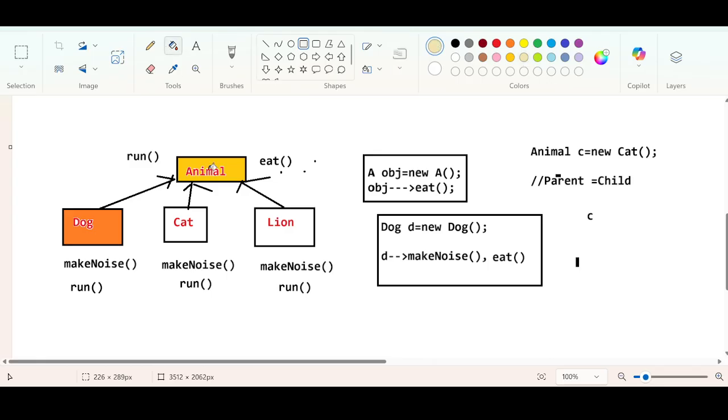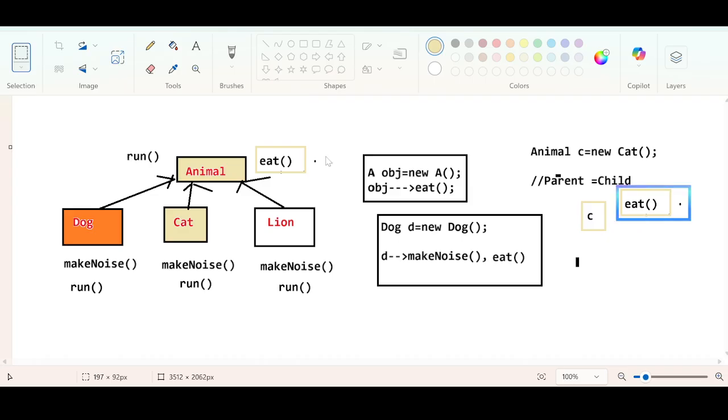Let me change the color. Now I'm talking about the animal and the cat. With the help of reference variable c, I can access the eat method of the animal class. I can access the run method, but this time when I say run method,